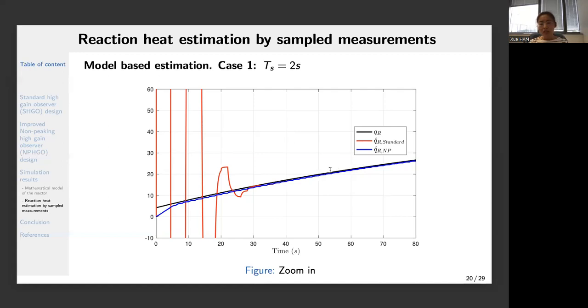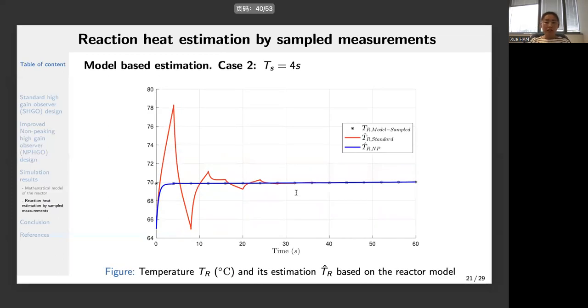So that means our observer works, and the non-peaking observer can well eliminate the peaking phenomenon. And then in the next case, we will try to use a larger sample interval. So this time we will use TS equal to 4 seconds, and the results are also based on the model